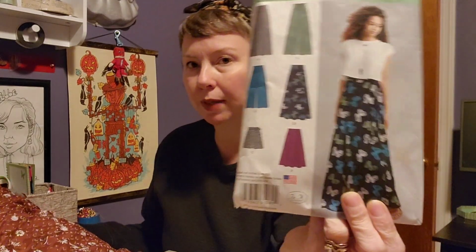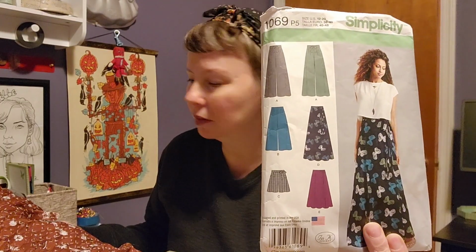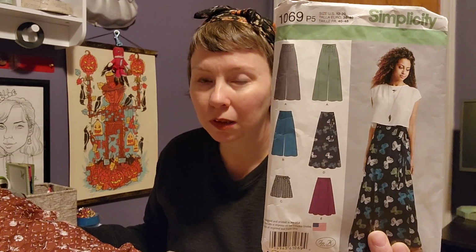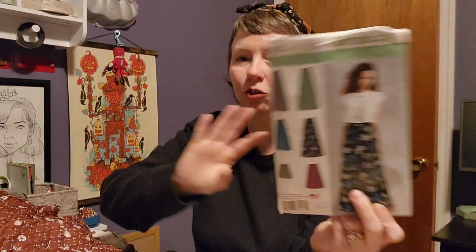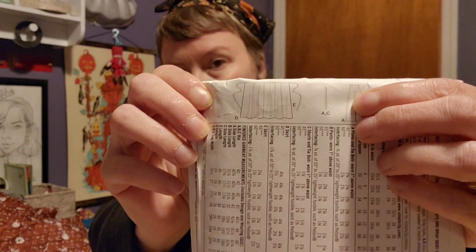I want to say I've made that skirt or I've made those pants. Now I would say make the pants, and honestly the pants would probably be really cool, right? But that wrap skirt, and that's a true wrap skirt, so it takes a ton of fabric. There's a line drawing for it. It takes a ton of fabric,